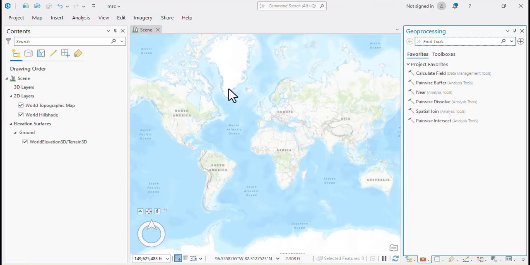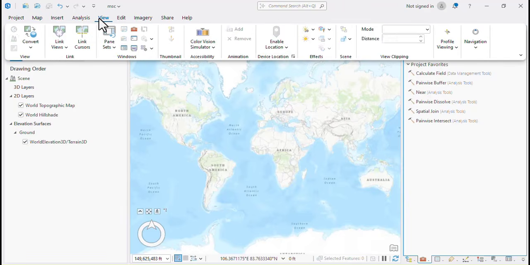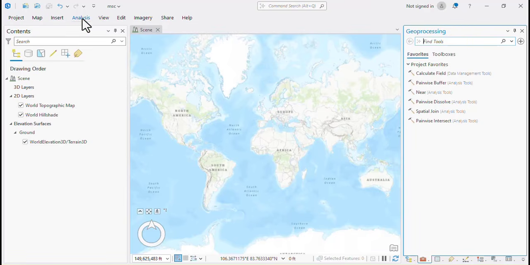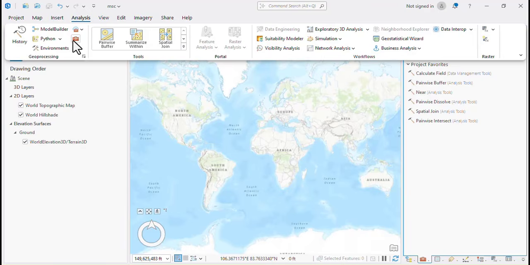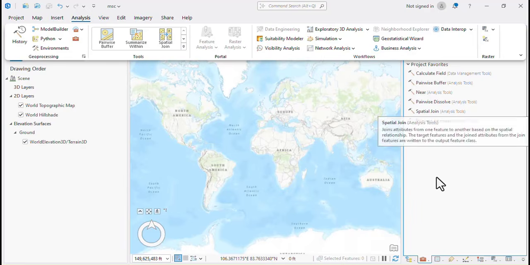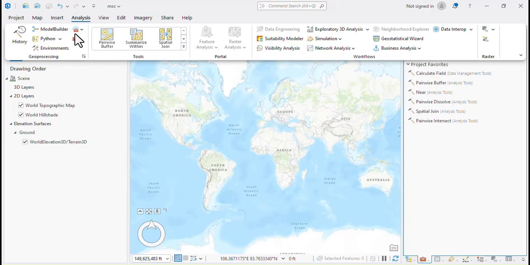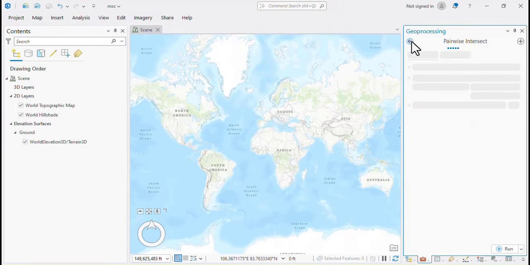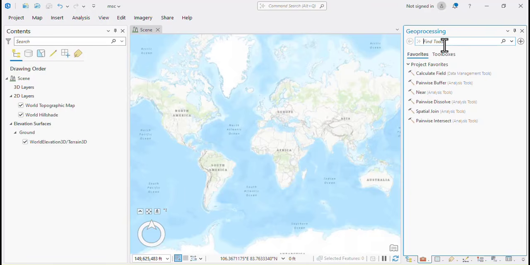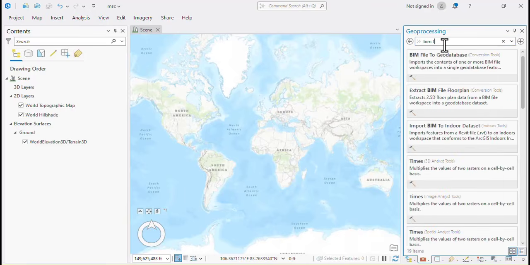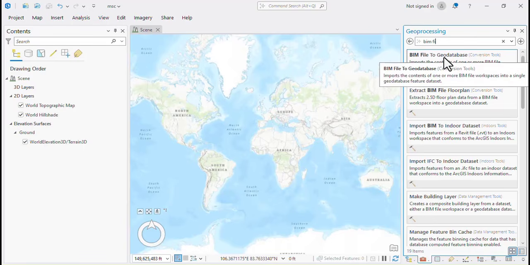So once you want to do that, we will need a geoprocessing tool, and you'll go to View and then you click on this geoprocessing tool here, or you will go to Analysis. You also see geoprocessing tool. So either of these, it will come up here, and then you will search for this tool here called BIM File to Geodatabase. So you click on it,